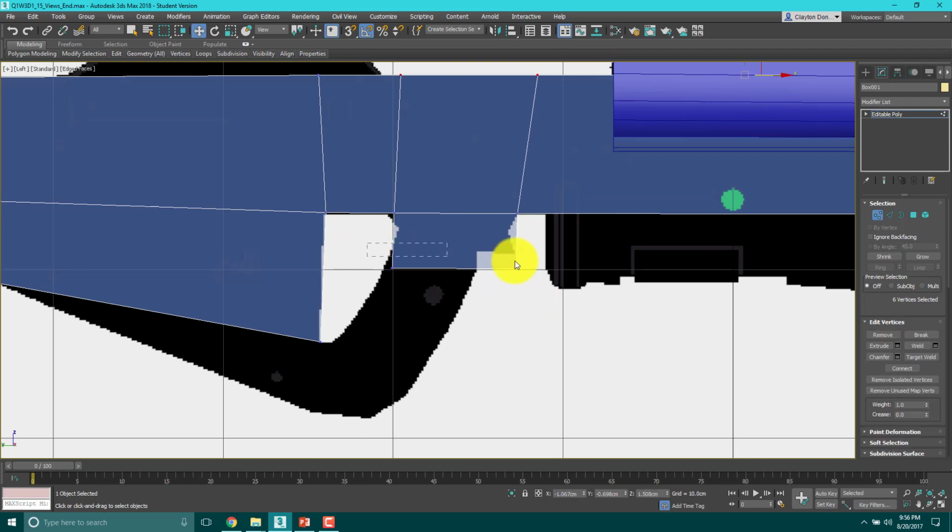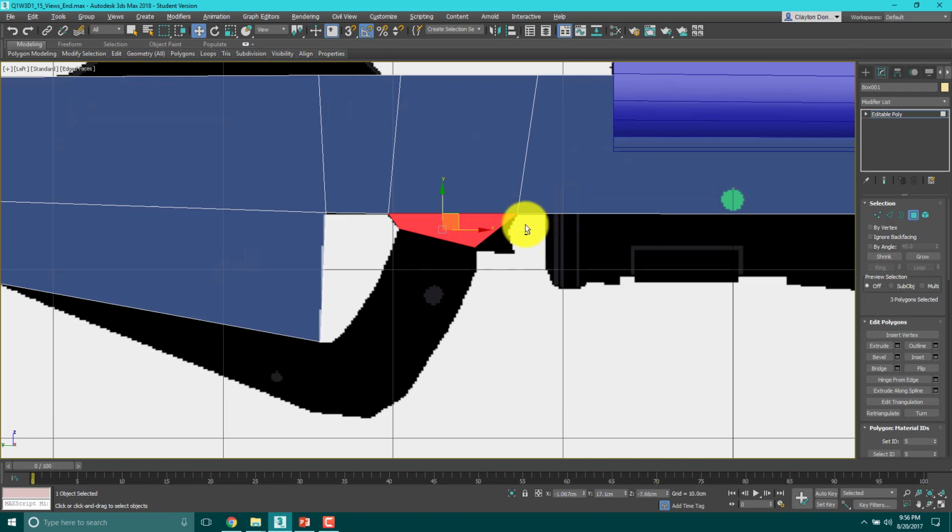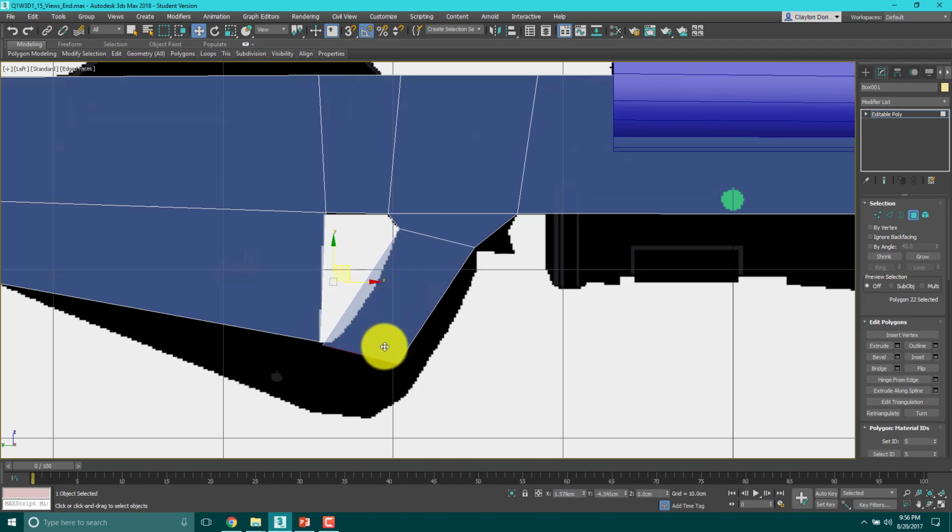Hit number 1, grab these verts, and this is where you need to make a decision on how fancy you want to get. I really believe that you guys should not worry about doing too much of this like detail oriented stuff initially, like the trigger and trigger guards and stuff like that. There's no point in doing stuff like that before you're ready. I'm going to extrude again. Okay, grab this, and then